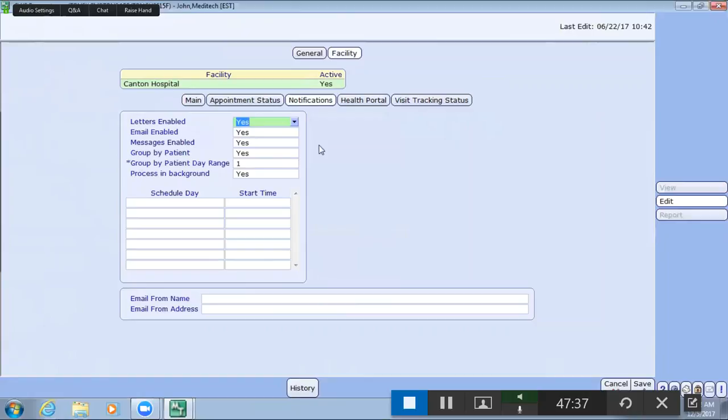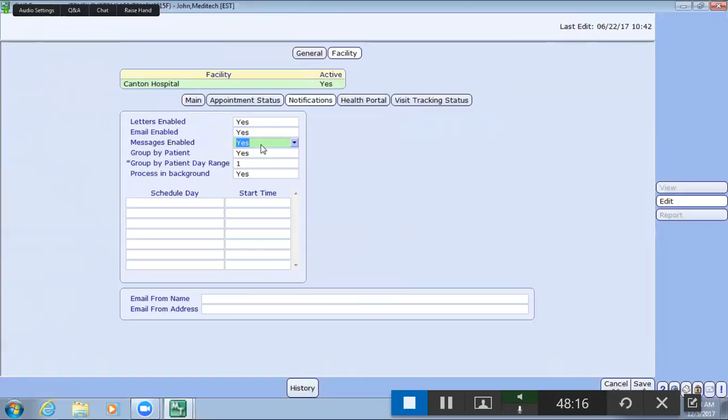If you have letters created that are sent to the print queue that get printed and mailed out to a patient, any type of letter that has anything to do with their appointment, you're going to want to make sure that this field is set to yes. Emails enabled is whether or not you want email messages. If you have letters built to be sent to an email recipient group, emailed to the patient, emailed to another user within the system, as any type of notification, you're going to want to make sure that this field is set to yes. And messages enabled is the same idea where you want to allow notifications to be sent to